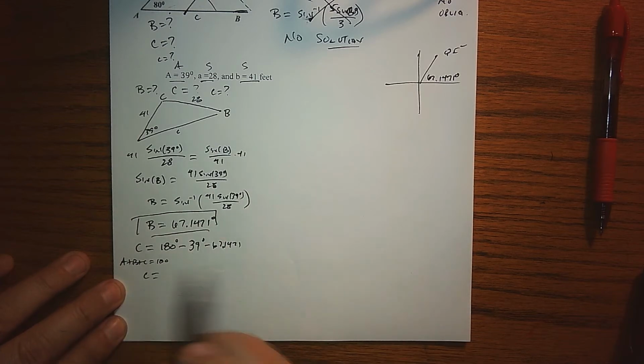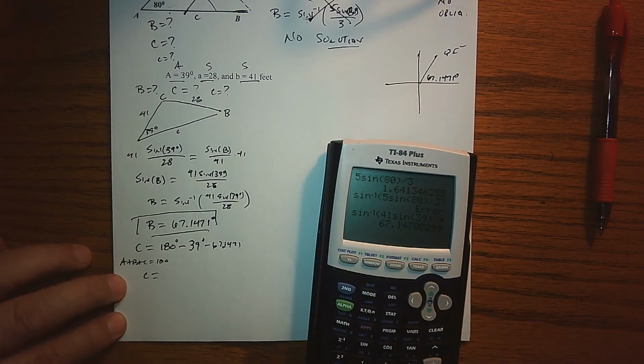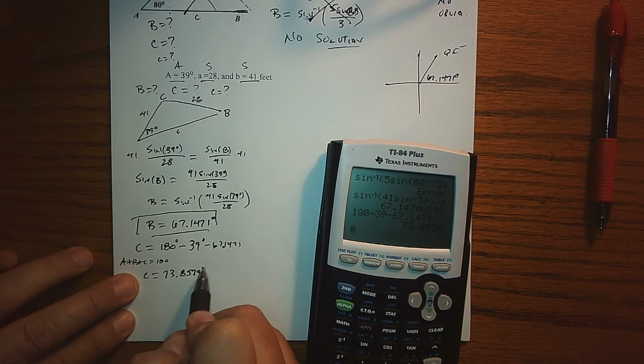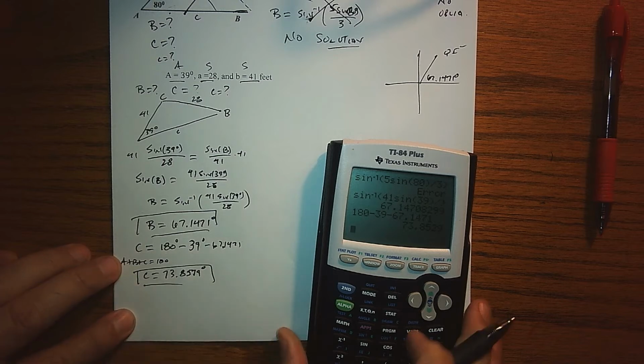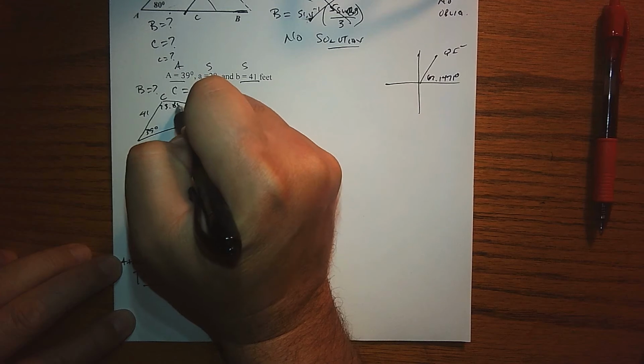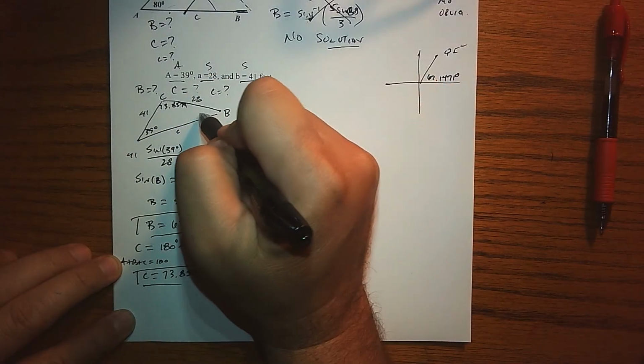So my angle C would be 180 minus 39 minus 67.1471. So I'm getting 73.8529 degrees. So there are our angles right now. This one is 73.8579. This one is